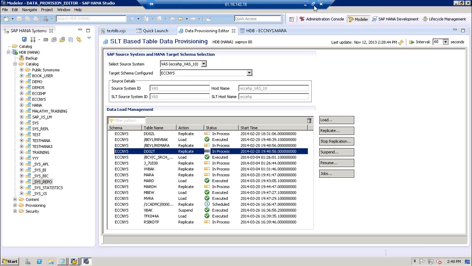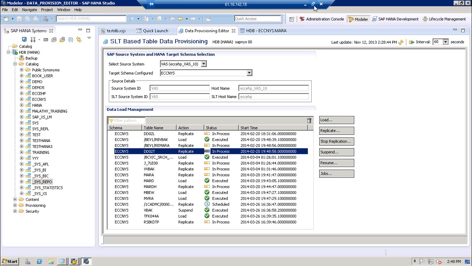For SLT, you need a separate server, or you can install SLT on the ECC box. Why? Because SLT is residing on the ABAP stack. ECC is pure ABAP stack, and in the same way SLT is also pure ABAP stack. So it all depends on how you configure and design your architecture.